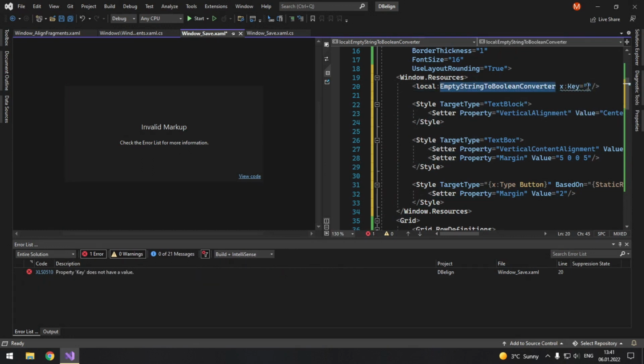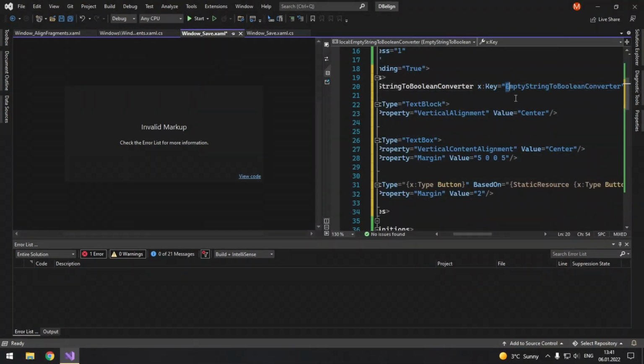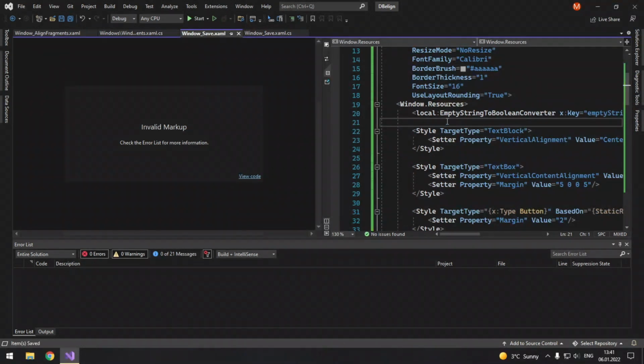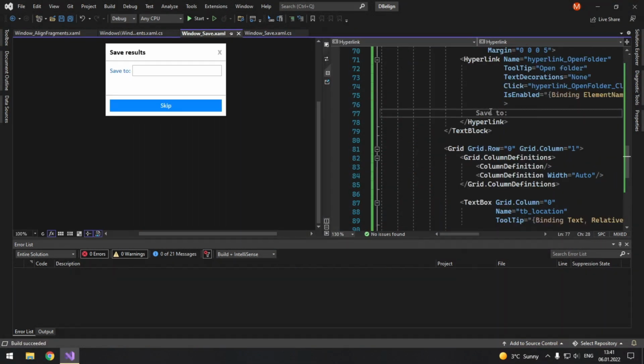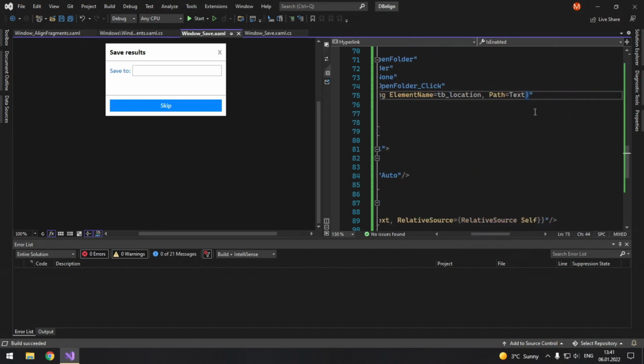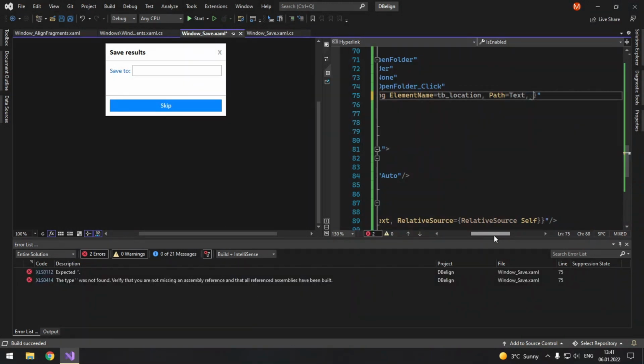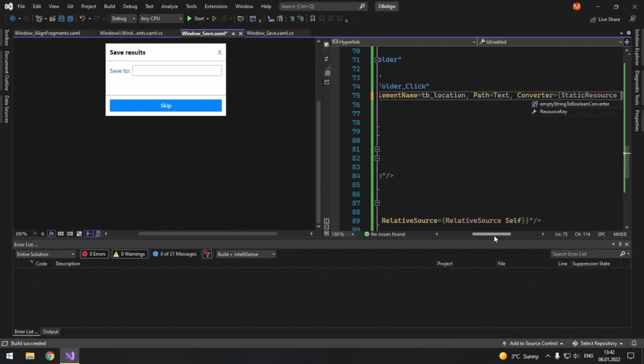Usually I just copy the same and make it lowercase. We just need to rebuild it. Okay, and back to here. Path equals text, and we also need to convert it using a converter called EmptyStringToBooleanConverter.